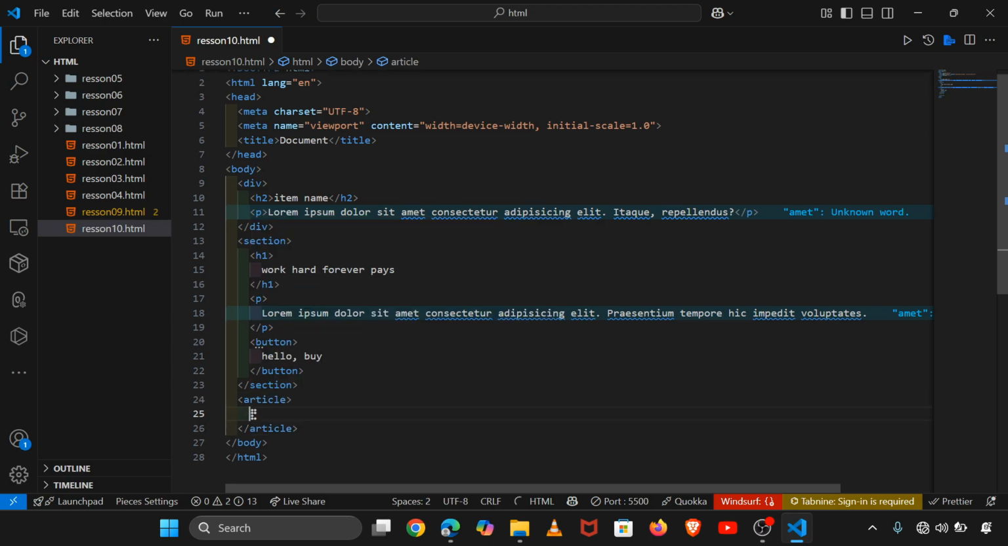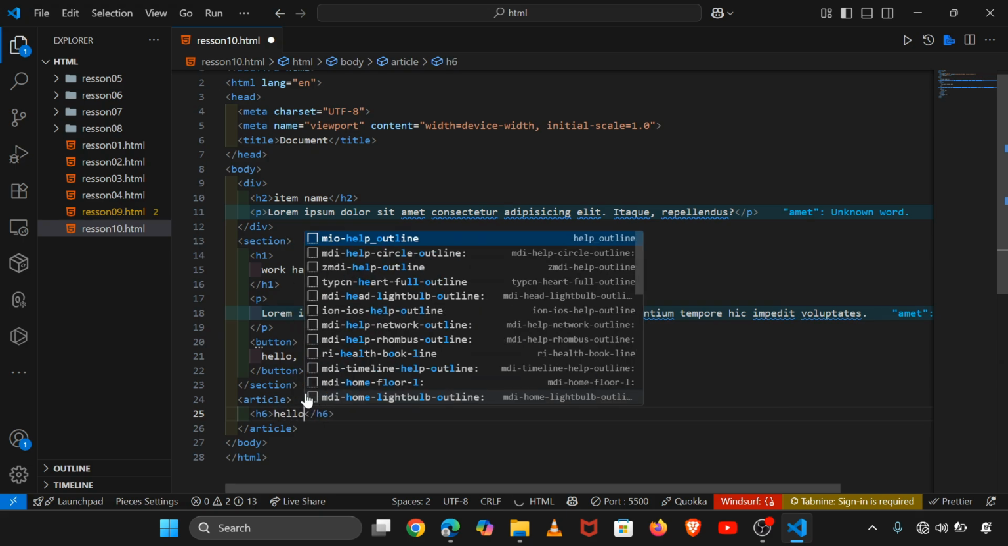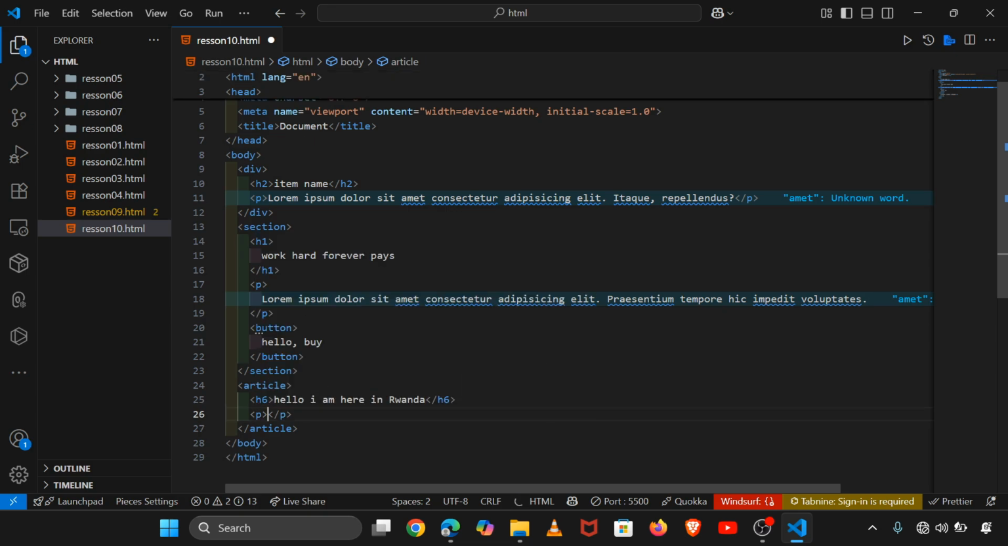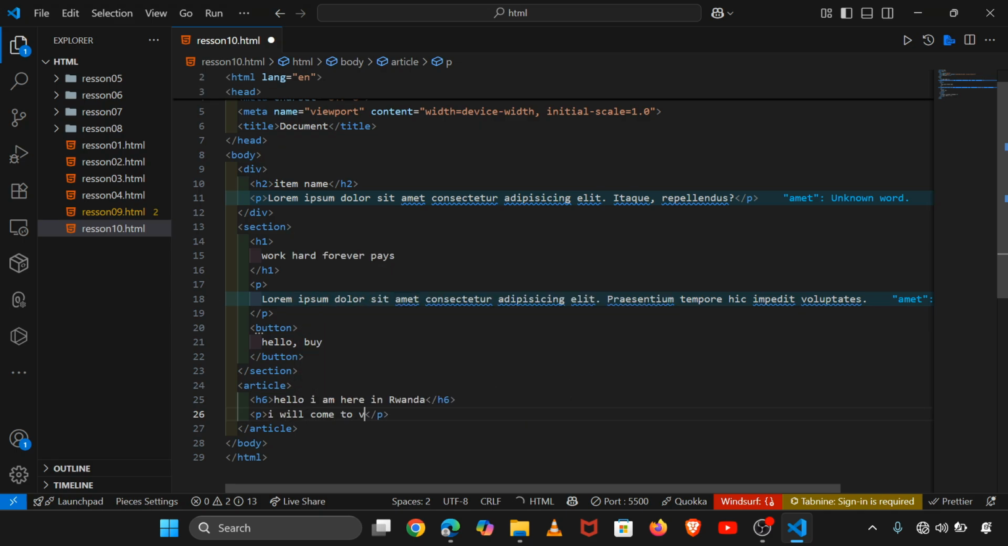It also can be included inside the section and inside the div. It can even be pressed there. There's no further thing to say about it. It is very simple. This is one of the very simple courses that you can study, and you can put there, for example, header 6 and say, hello, I am here in Rwanda. And you come here with the p tag and say, I will come to visit